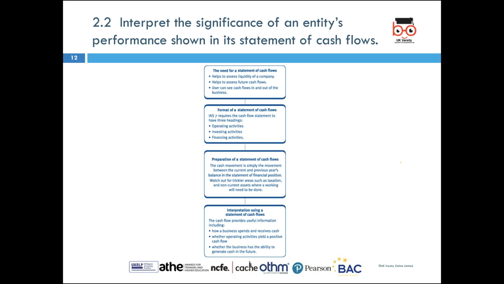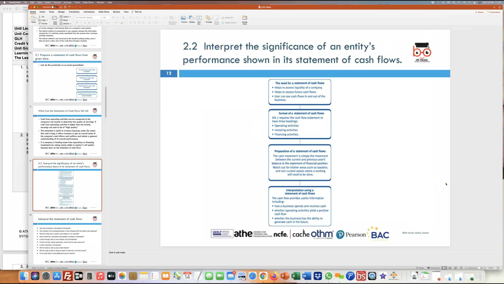And last but not the least, why do you look at these statements from a financial decision-making point of view is that the owners, the directors, the management of the company need to make decisions which are based on the finances of the organization or business, and those decisions tend to be based on money coming in. So if you decide that I want to invest into an advertising campaign next month, what you would do is basically look at your bank account, see what capital reserves you have, and after that, if you're going to be spending a lot of money, you would look at